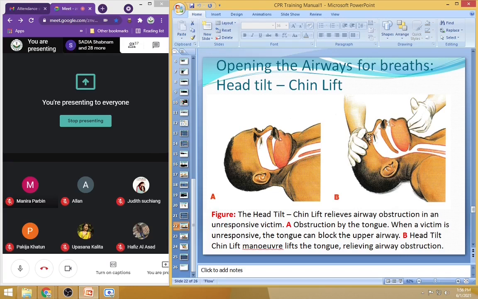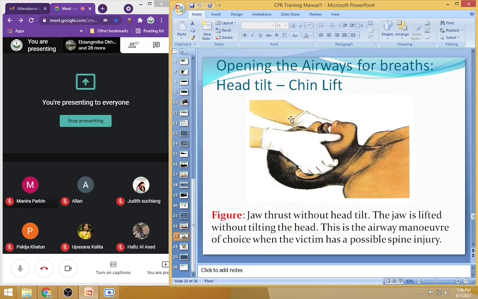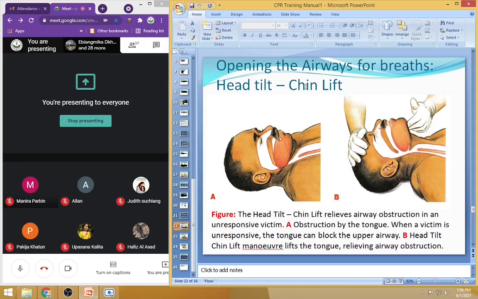We have to pull the patient's head, put one hand on the forehead and the other hand on the chin, and make a position like this. See, this is flexed here, but now here it is clear, no? So when we push air inside externally, it will go in, but like this it will stop here because it is flexed here. Understood? And this is another way of head tilt chin lift.